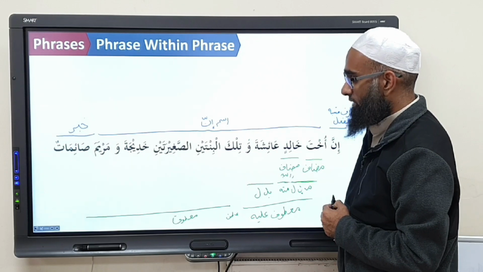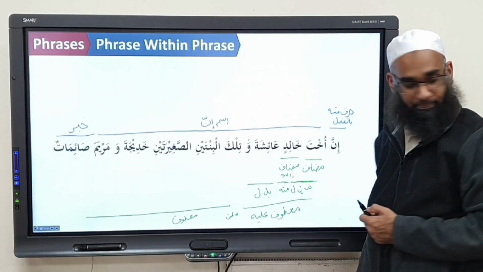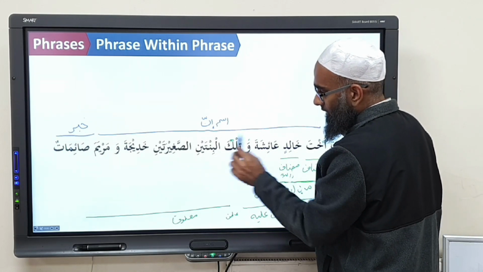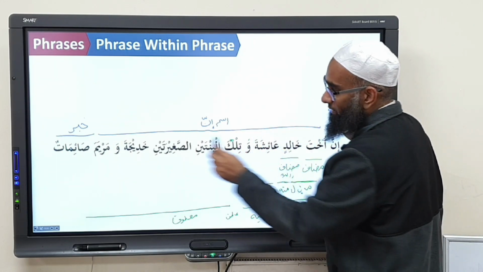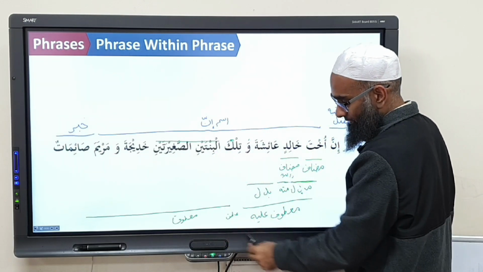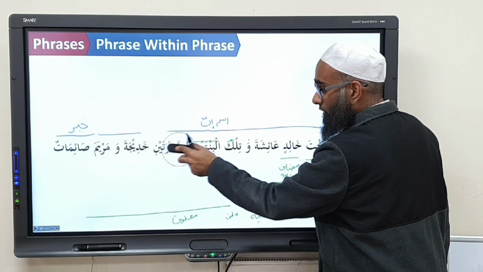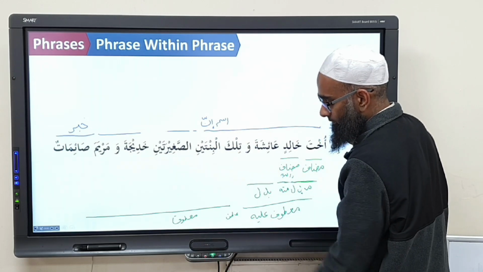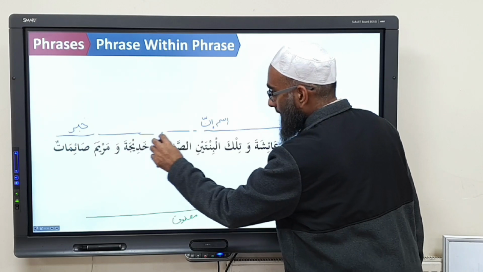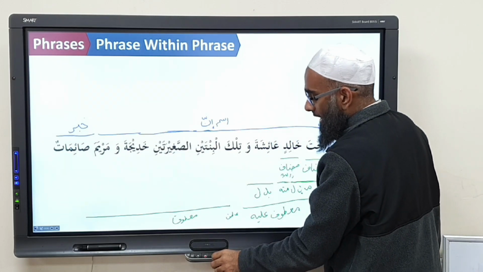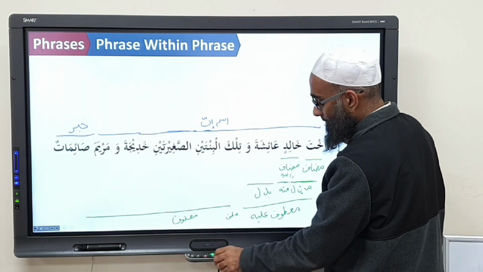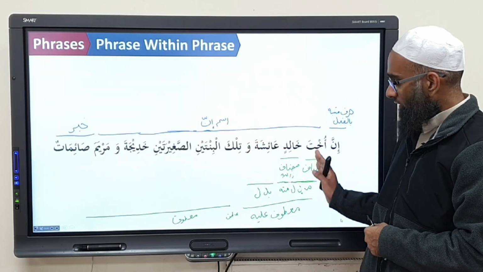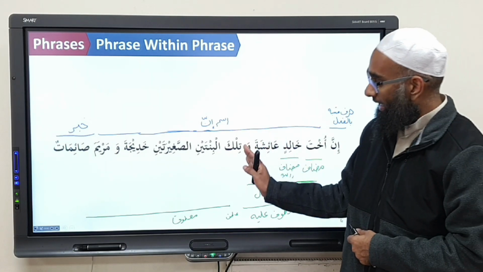What's the ma'tuf made up of? تلك البنتين الصغيرتين خديجة ومريم. If you make ism al-ishara, what's mushara going to be? But does that take up the whole ma'tuf? So it is ism al-ishara and mushara alayh, but don't do that first. What are we going to do first? So do waw harf atf. You're trying to follow the same pattern. But let's translate it. Indeed, the sister of Khalid, Aisha, and